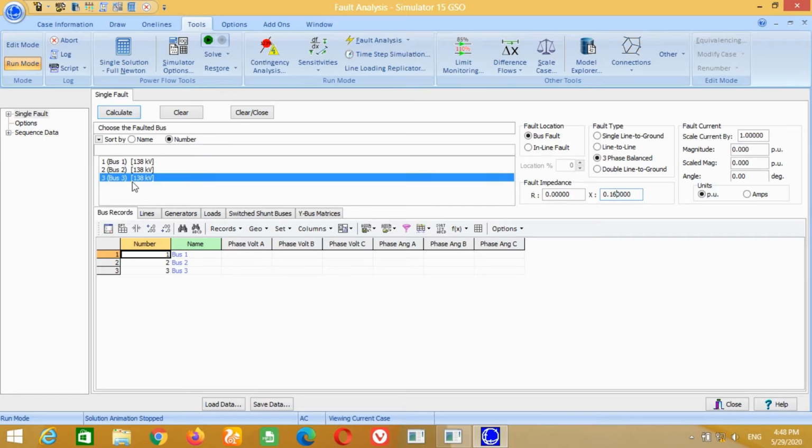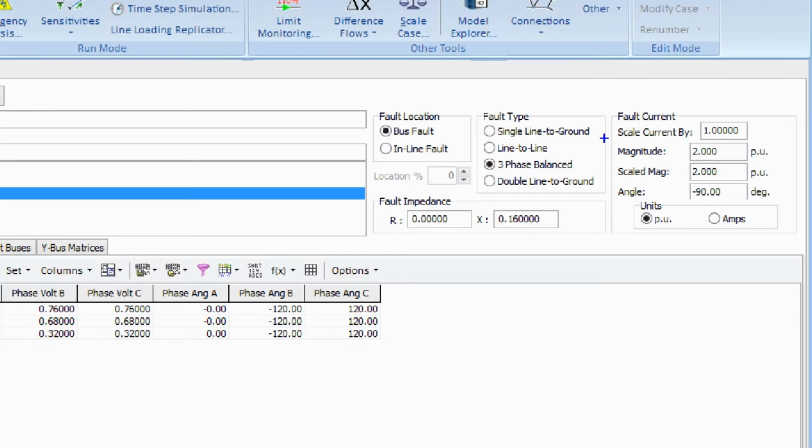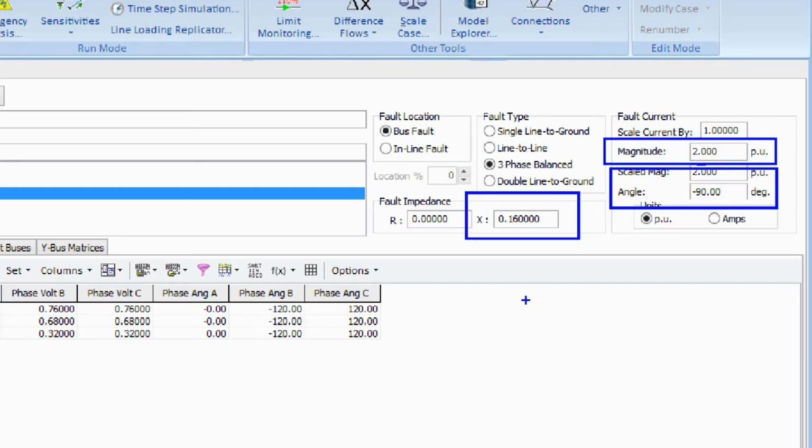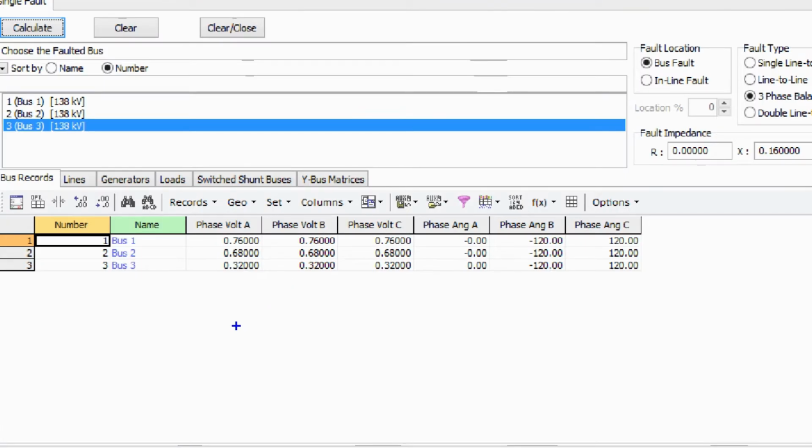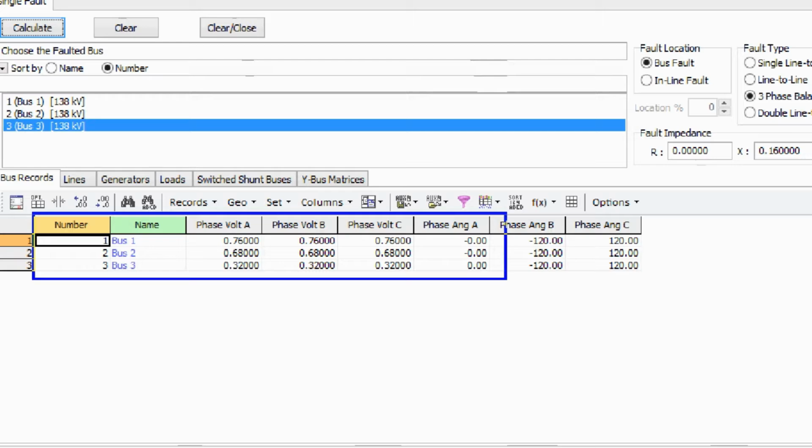Now you can click on Calculate button to measure all the values. It can be observed that when the fault is applied at bus 3, the fault current magnitude in per unit is 2. The bus voltages during the fault are shown here. You can compare the answer with the answer obtained in the example.